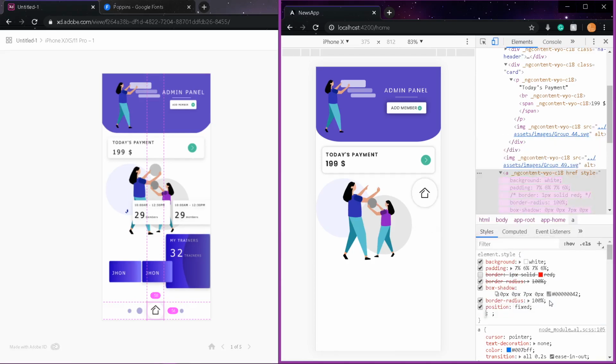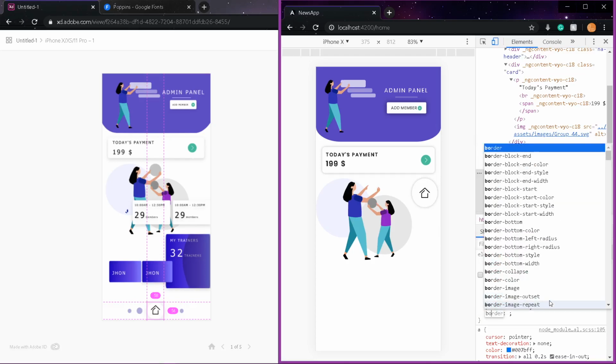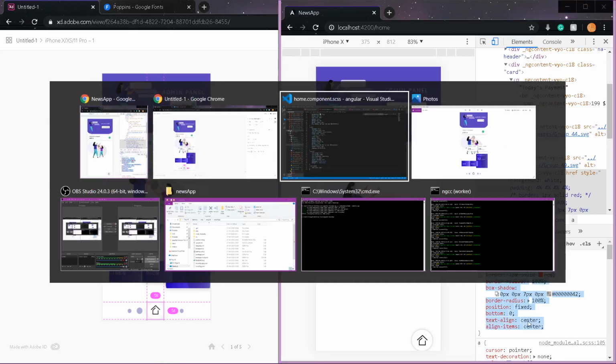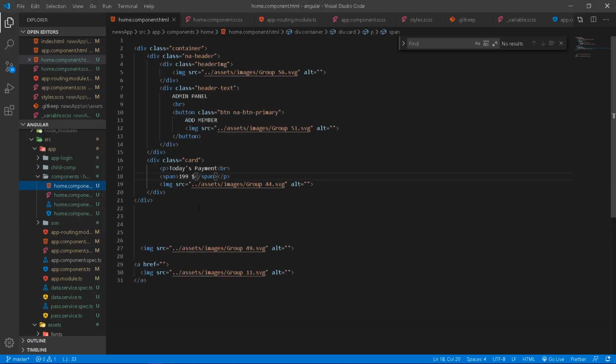Position should be fixed, and the top should be, bottom should be 0, and the text align should be center, and align items should be center. So this is pretty much it, and I'm going to work on this. This is pretty much cool, I think, and after that I'm just copying this, and I think I didn't give any, you know, thing over here, so